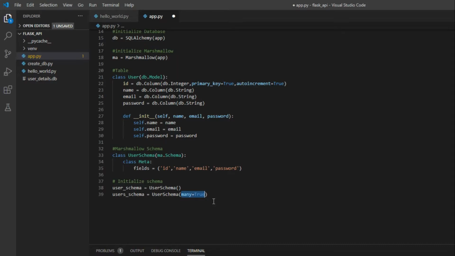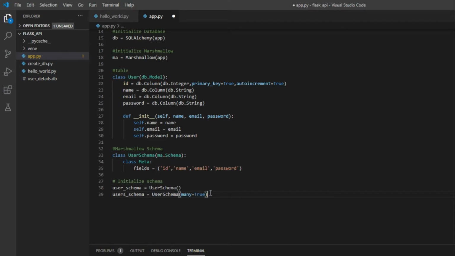When you are serializing a single user, you use user_schema, and when you are serializing multiple users, you use many equals true. It will serialize multiple users and return a list of users.